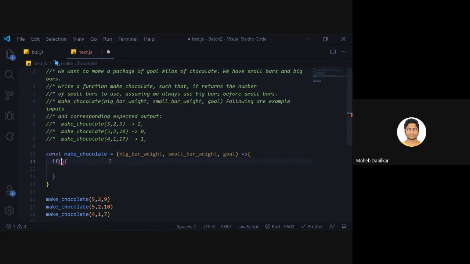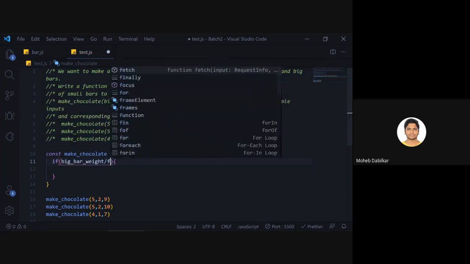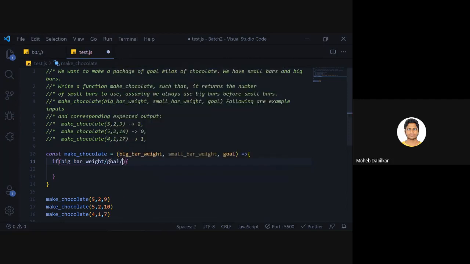The way you will check it is you will divide big bar weight by goal. So if I type in big bar weight divided by goal, and it should return 0. You will just say console log. We will console log for now, then we will see about return. We will just say no small bars are required.